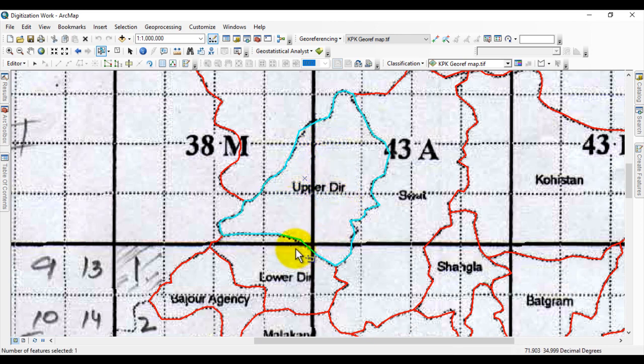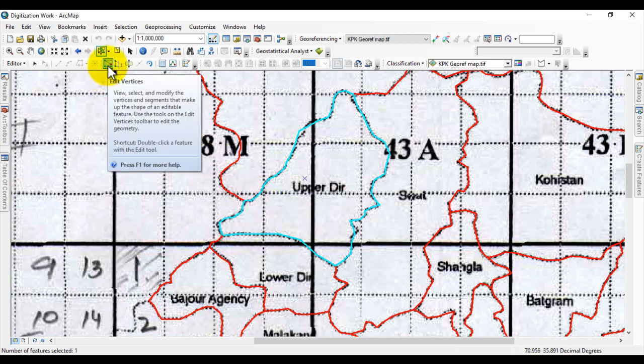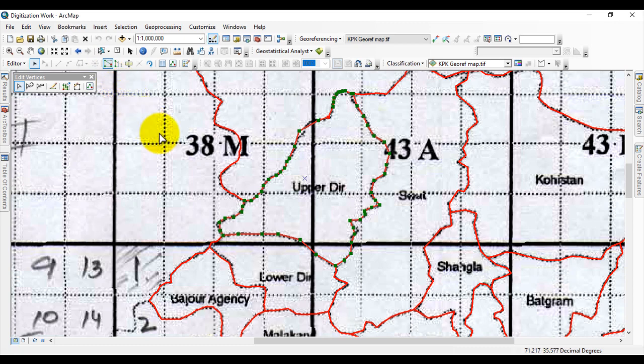That area is selected. Now go to the toolbar and pick the Edit Vertex tool from here. You can see that all the vertices are active in the area which I selected.